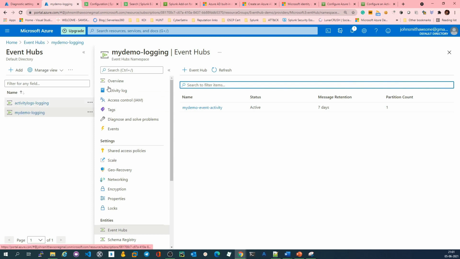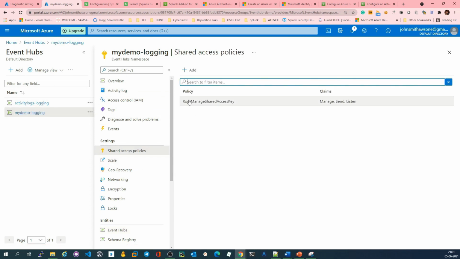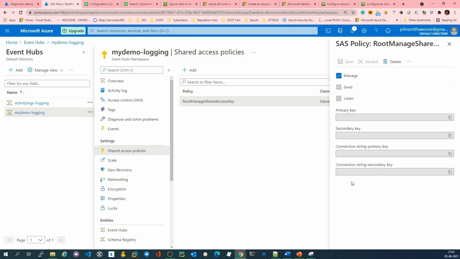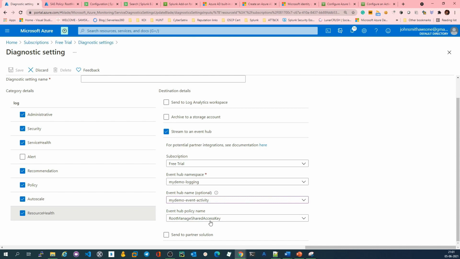As I told you, in the Event Hub namespace we have this shared access policy, which allows you to send and receive data to or from the Azure Event Hub. That's the reason the Azure Event Hub will be able to identify that this data is coming from a subscription which has the policy to allow it.